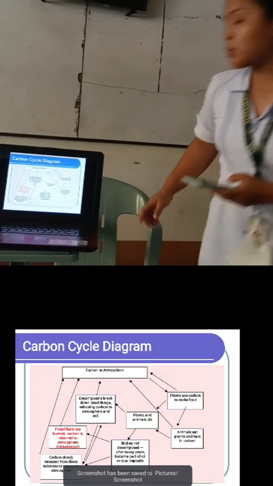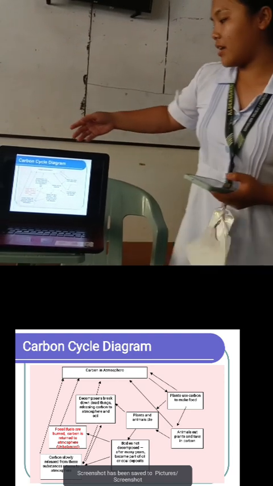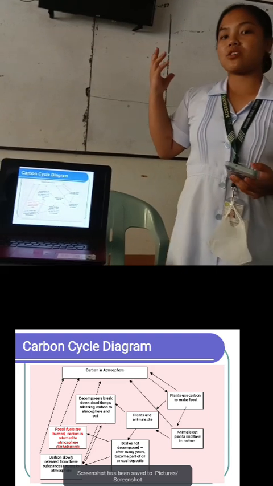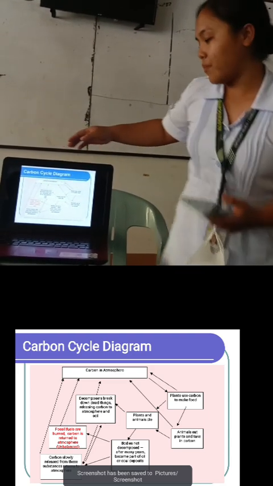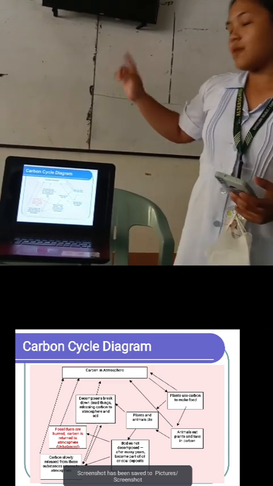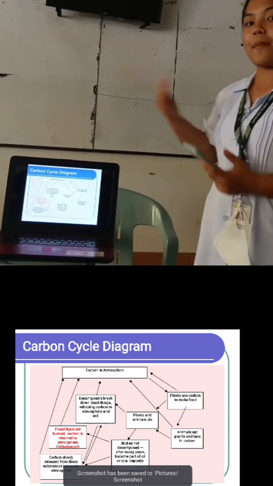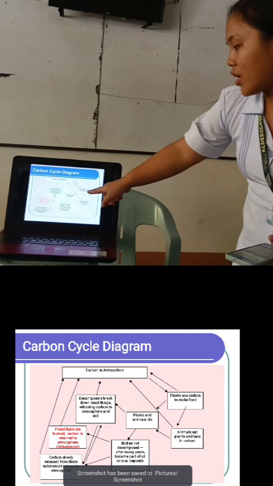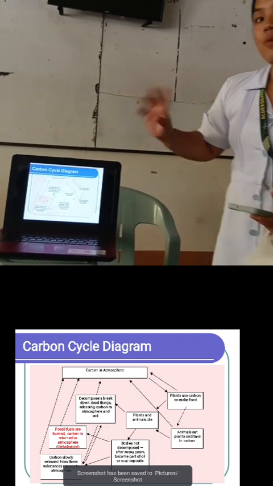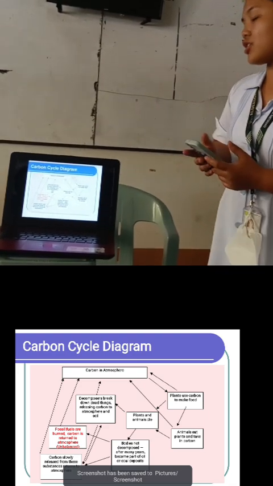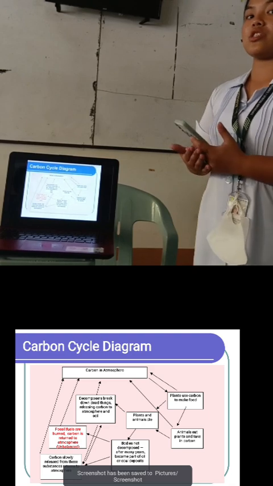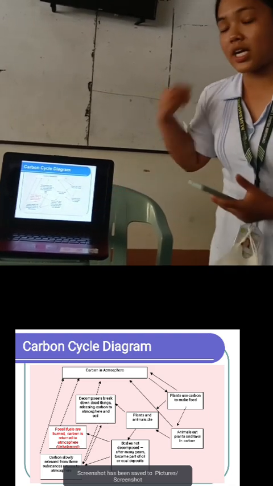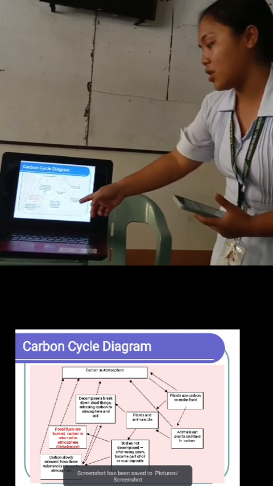So, ito naman po yung carbon cycle diagram natin, which is parang same lang din po sa past lesson natin, which is yung food web. From carbon in the atmosphere na napapass through the air, yung plants absorb na yung mga carbon. And yun yung nagkakaroon na din yung photosynthesis, which is yung food making. And na-absorb ng animals na kakain nila, na-absorb nila yung carbons.